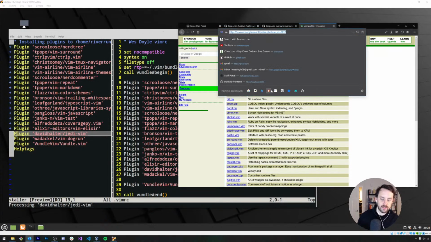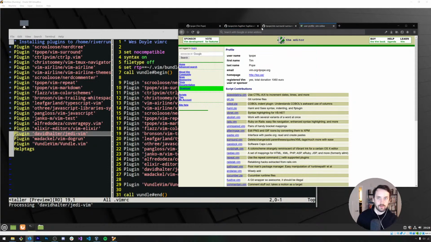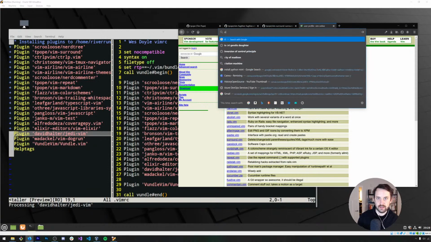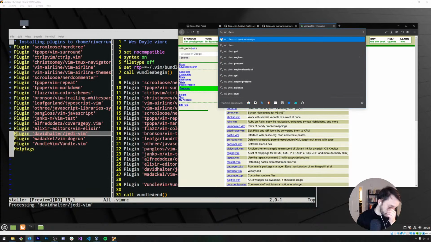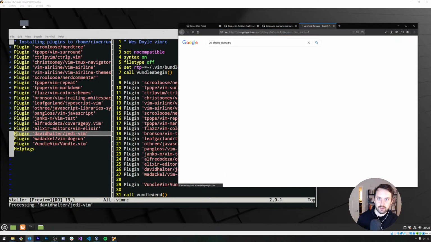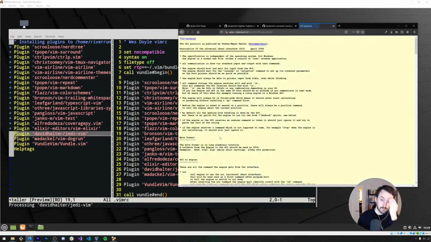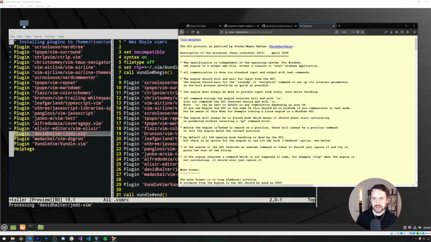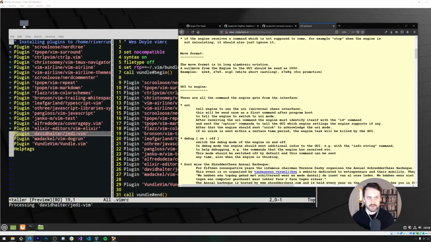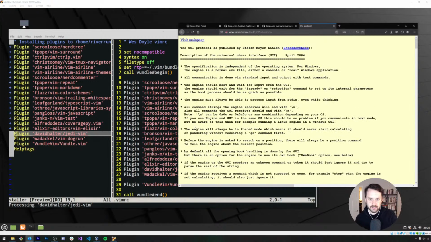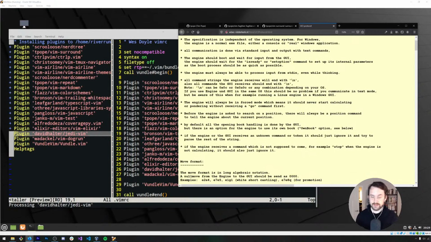All right, while that's also going, what we can do is find the UCI chess standard protocol. The whole reason I had to do multiprocessing, to get back to the chess engine itself while the setup is going, is because the engine must always be able to receive input from standard in even while thinking.